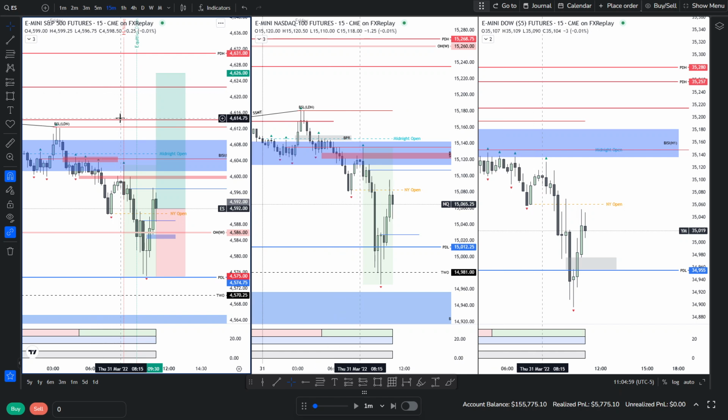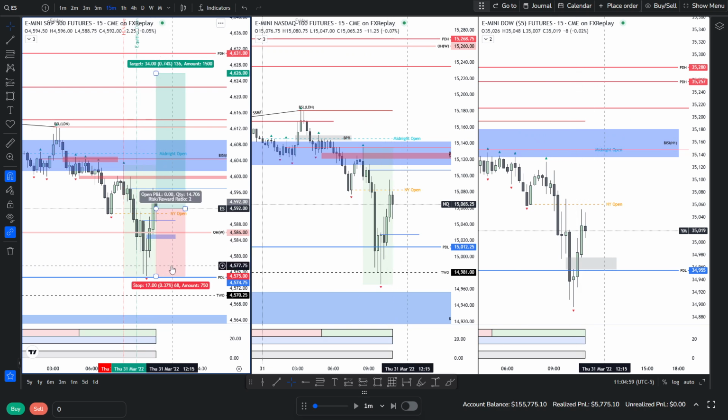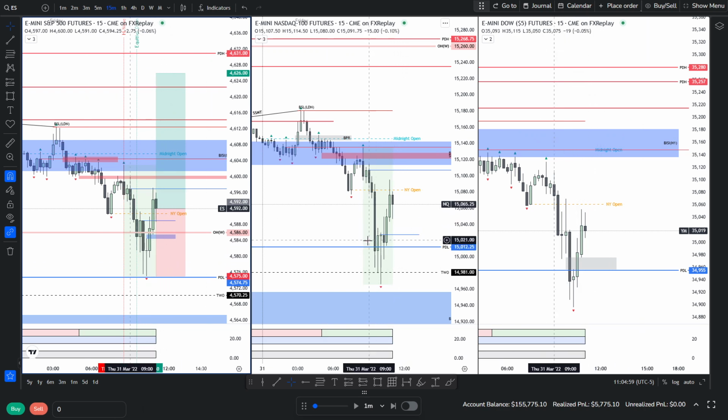Quite high. Interesting. No M15, but it has